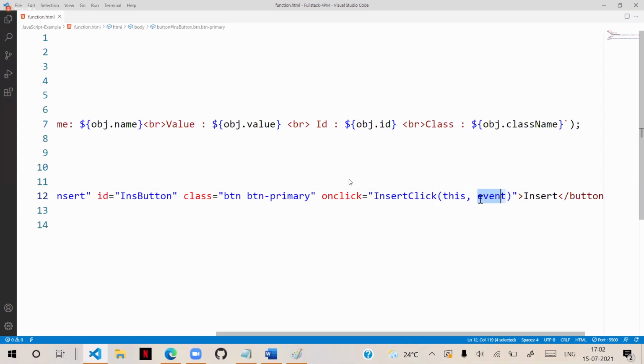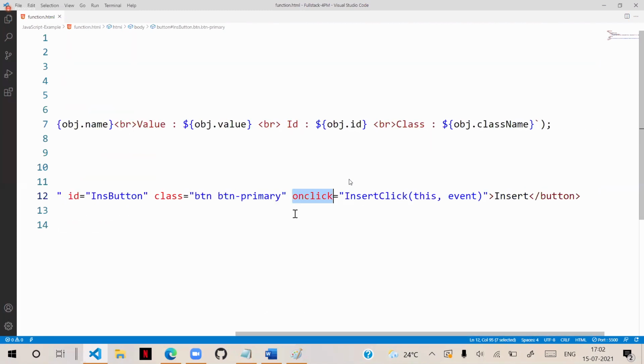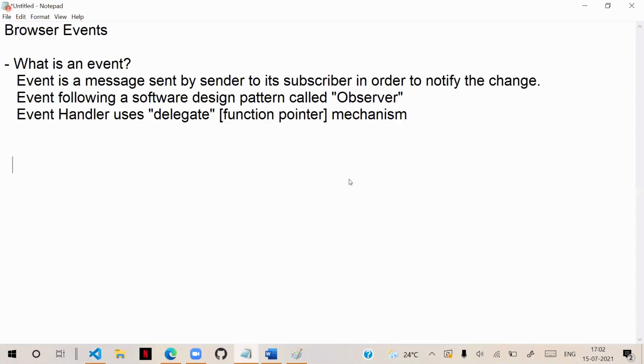Now what can event do? It can send information about click. What may be the information about click? Click has a lot of details. Every event will have a lot of details. Button has so many details. Similarly, event also has some details. Like generally you are using onclick. Onclick has so many options. That means onclick indicates some properties like